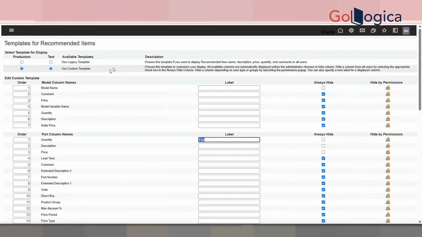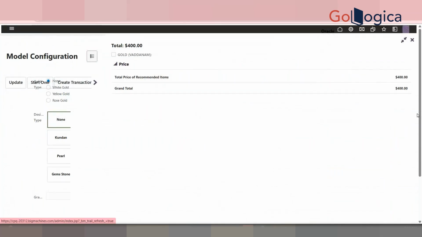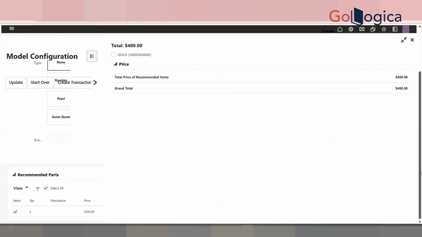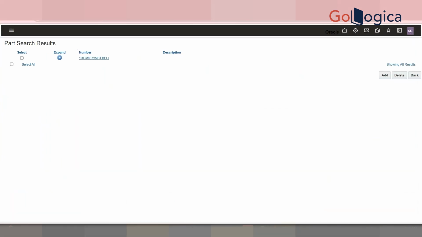Custom template. Basically, this particular recommended item space. Sorry, here it is coming. In the below, it's showing. Since we have not checked the mandatory item, the mandatory checkbox, here we can either go with this recommendation or not. But if you make this,